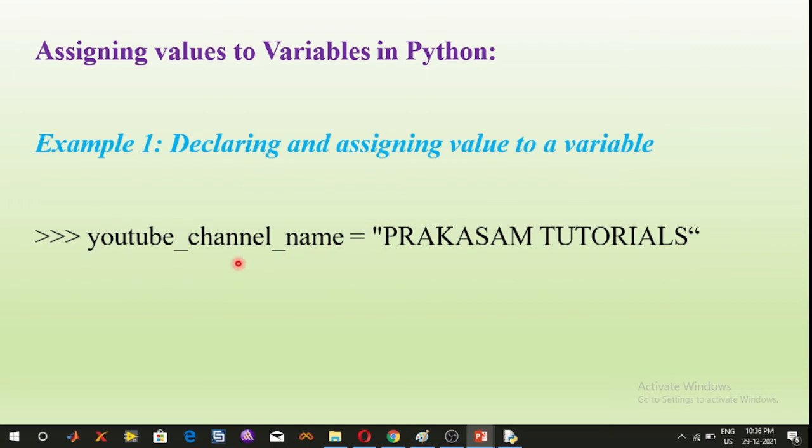My variable name is YouTube_channel_name is equal to, within double quotation marks, and the variable is assigned the value Prakasham Tutorials.